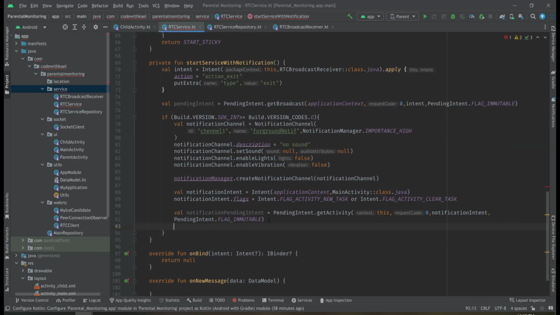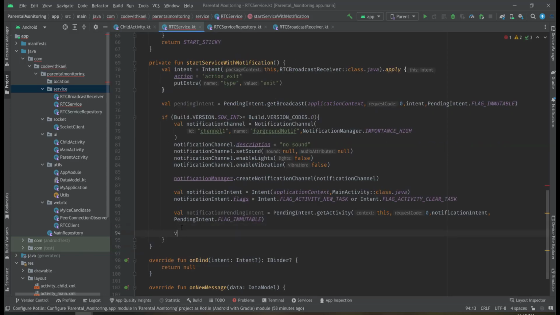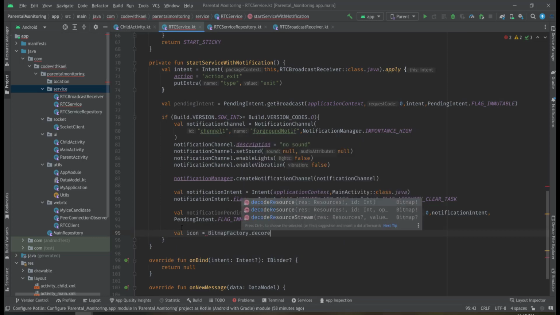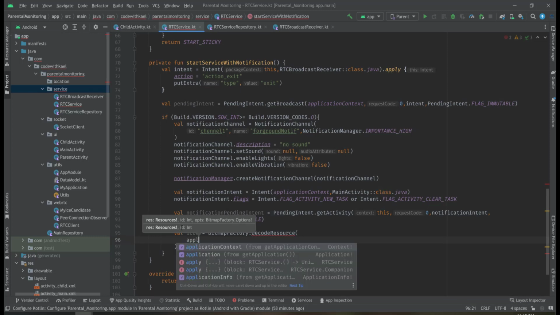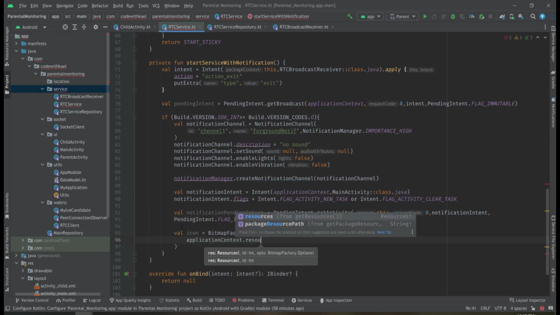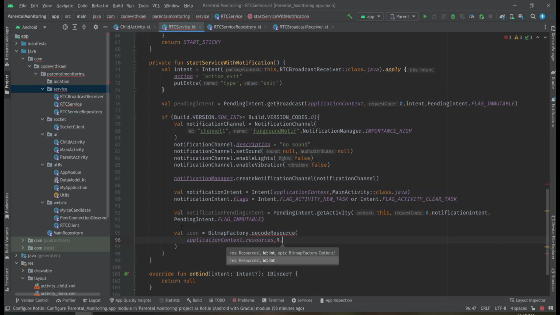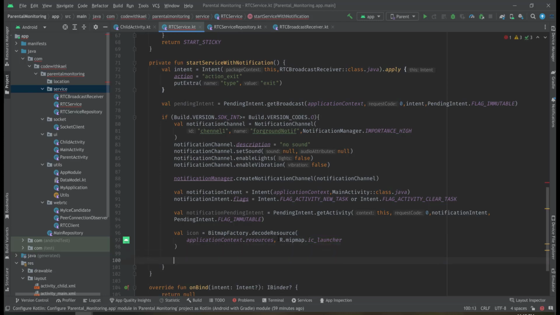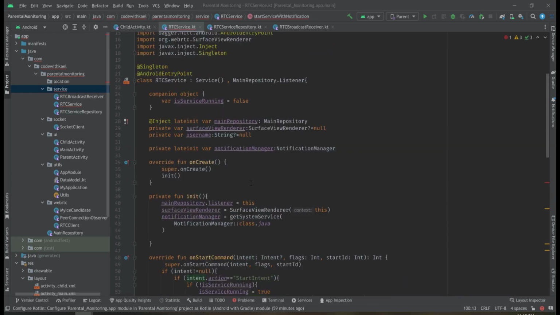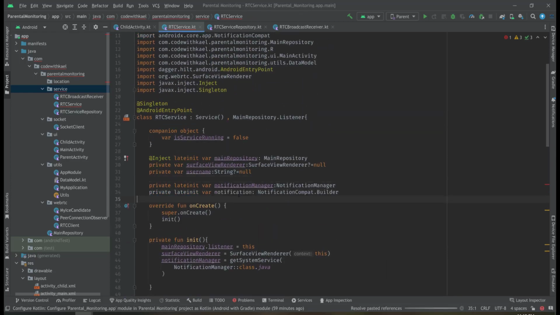So we're ready to create our notification right here. I'll create an icon using bitmap factory, decode resource, and give the application context resources, and the icon is going to be IC launcher. I don't care for now. I'll create my notification as a global variable just like that,